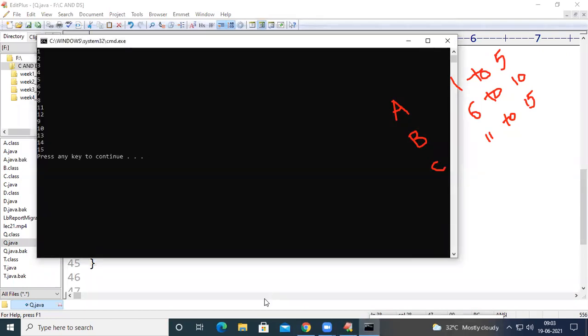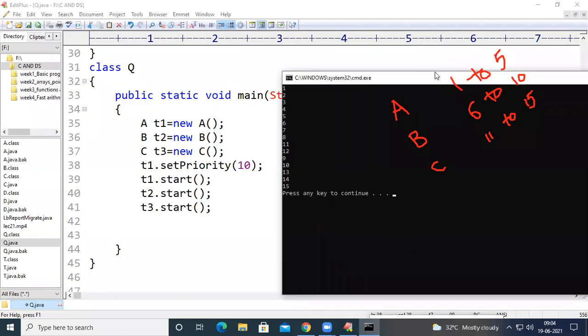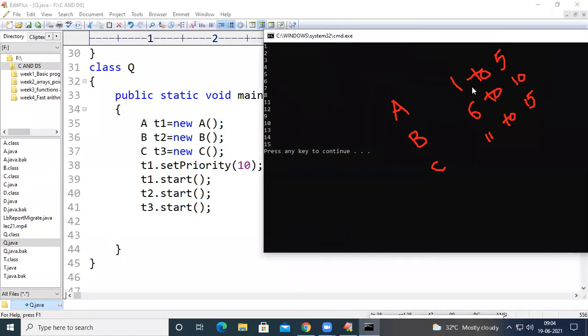So see here. You can see here, because we have passed T1 dot set priority of 10, T1 got executed, and we are going to get the numbers from 1 to 5.